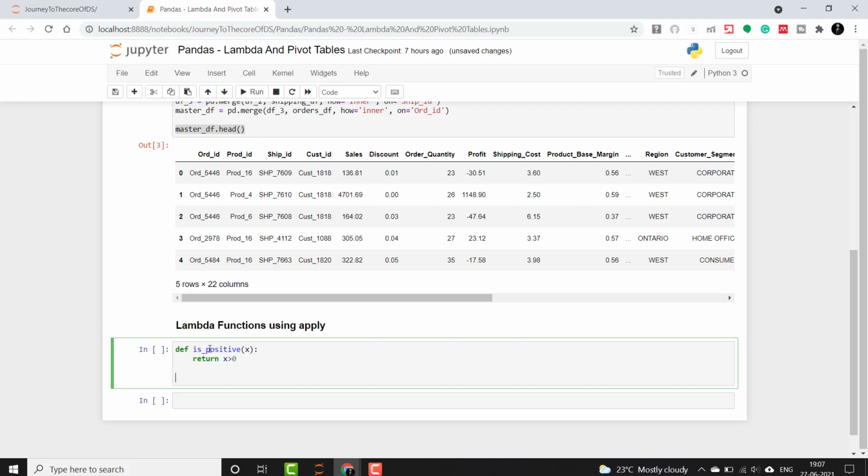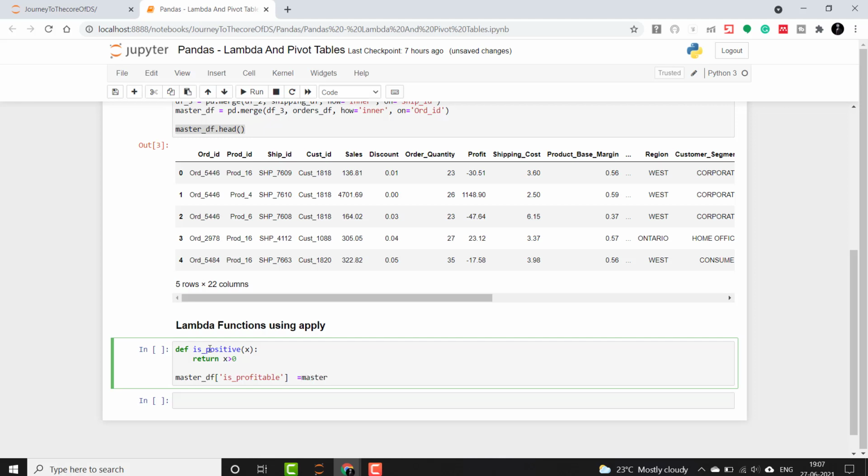Now I will create a new column in the master_df, naming it is_profitable, and it will have all the boolean values.